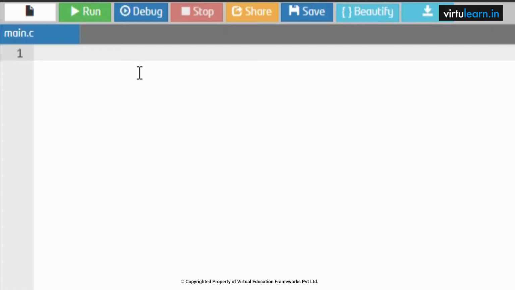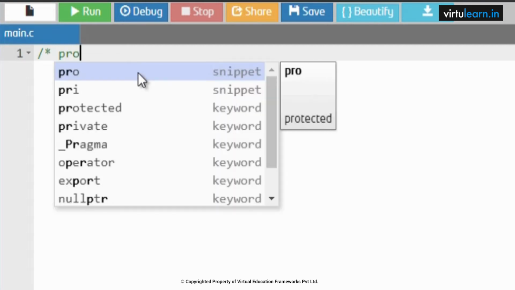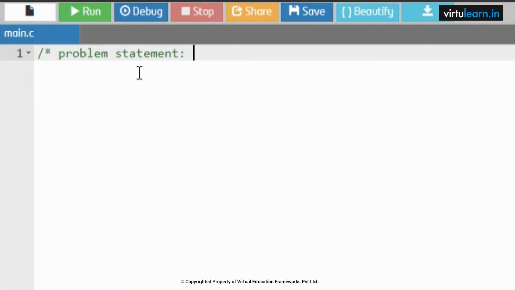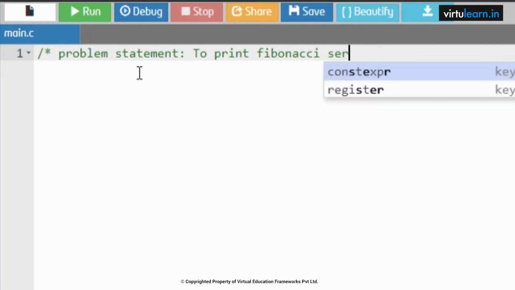Let us try to understand what is Fibonacci series. In this given example program, we can see the usage of if, else, else if, followed by for loop. The problem statement here is to print Fibonacci series